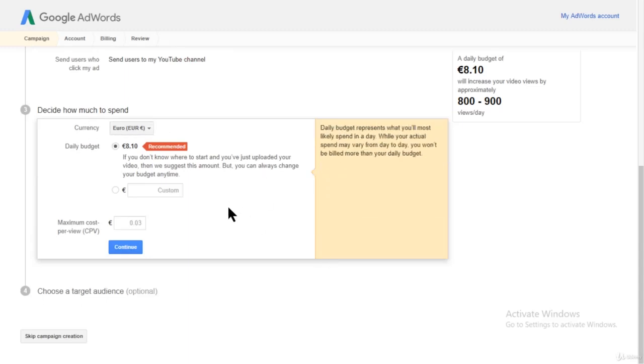Over here, you have to choose your budget. You can put it in whatever currency you're using. I'm just going to leave it at euro. And now you can use the recommended daily budget or the custom daily budget. Now, if you only want to spend, let's say $5 a day, you can just type in 5, and a daily budget of 5 will increase your video views by approximately 500 to 600 views per day. Now, this is amazing because you're going to be getting 500 new people viewing your video every day, which means that if only 10% of them subscribe, you'll be getting a lot of subscribers every day